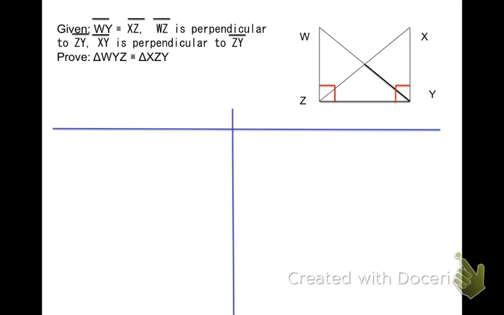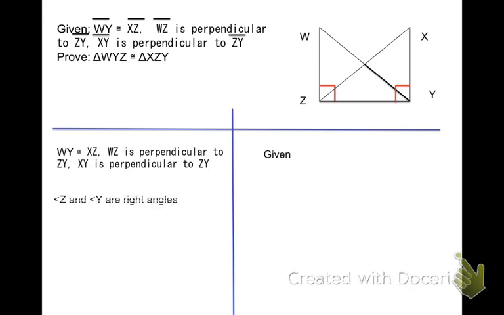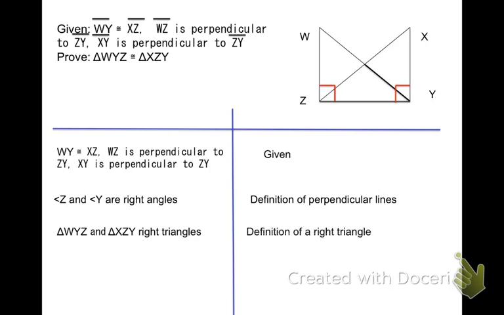Okay, we've got two overlapping triangles, two overlapping right triangles, and let's build our two-column proof. WY is congruent to XZ, so these are the diagonal segments are congruent. WZ is perpendicular to ZY, XY is perpendicular to ZY, so that's indicated in the diagram, excuse me, the right angles. Okay, so that's given. Now, angle Z and angle Y are right angles. Definition of perpendicular lines, that means they're congruent, and the base ZY is shared by both triangles, and